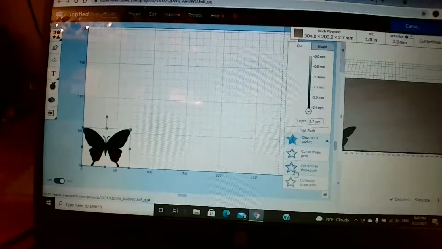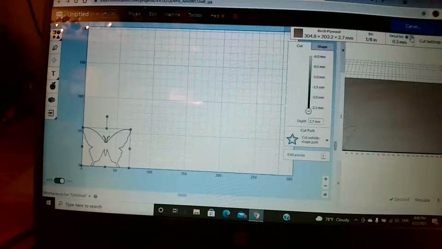I want to cut outside the shape path. If you cut on the inside of the shape path, your butterfly will be two tool sizes smaller than the pocket, and it'll wobble. So we cut outside the shape path,